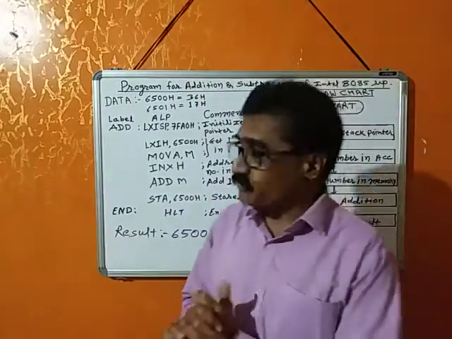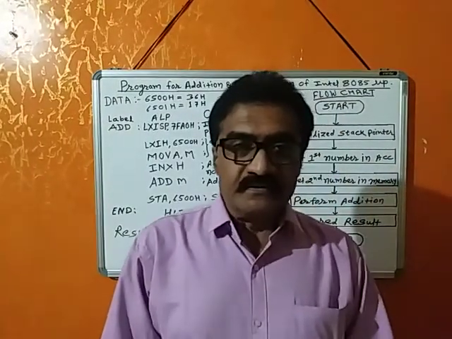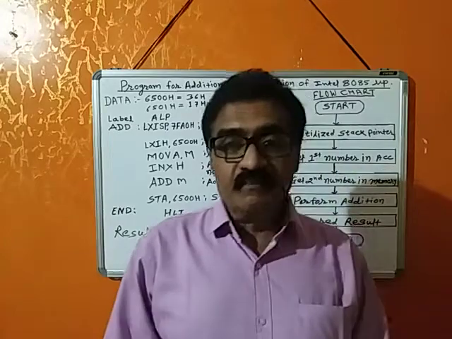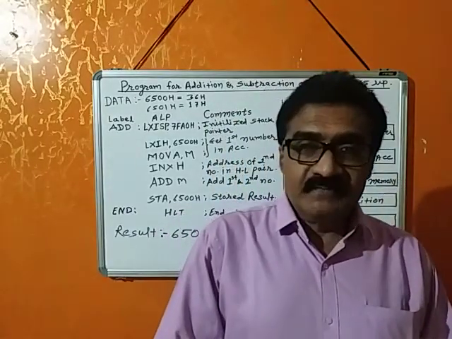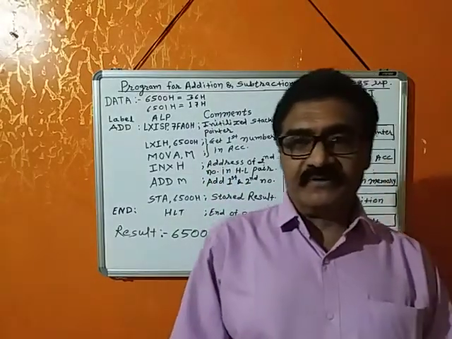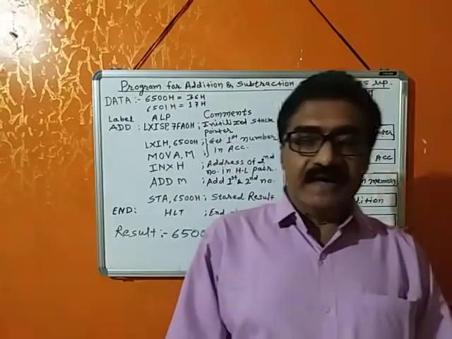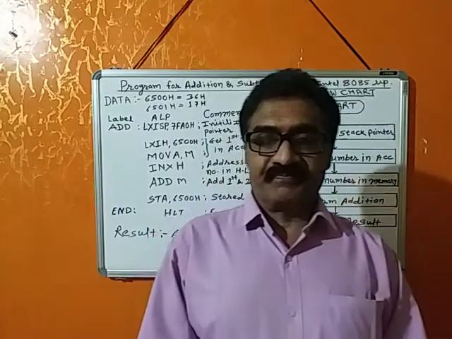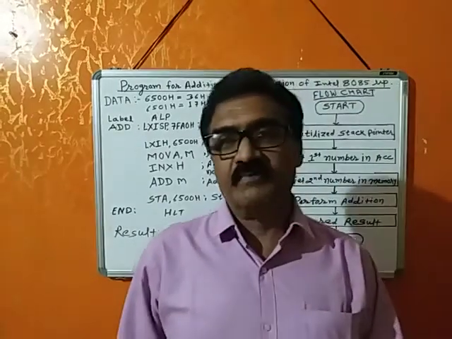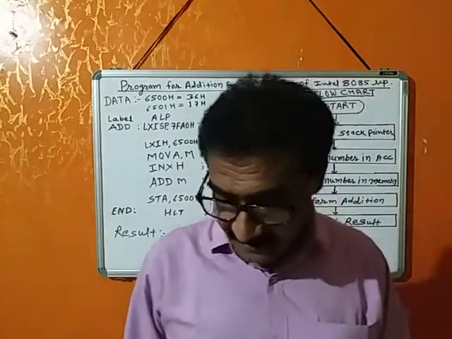My today's topic is Programming of Intel 8085. In computer systems, three languages are generally used: machine language, assembly language and higher level language. Machine language is called the low level language, assembly language is called the middle language, and the third one is the high level language. Computer only knows the machine language. All operations in the computer are performed using only machine language, meaning computers do not know assembly language and higher level language.